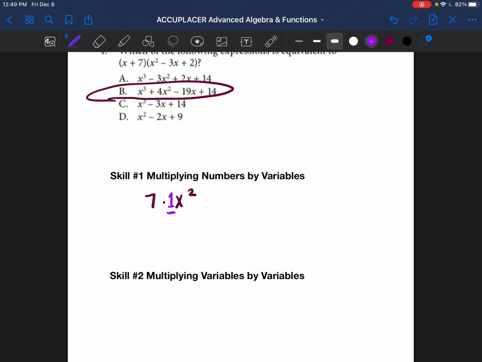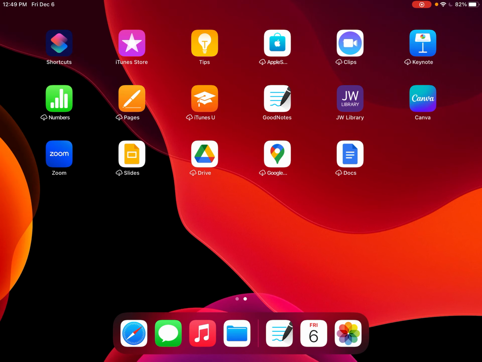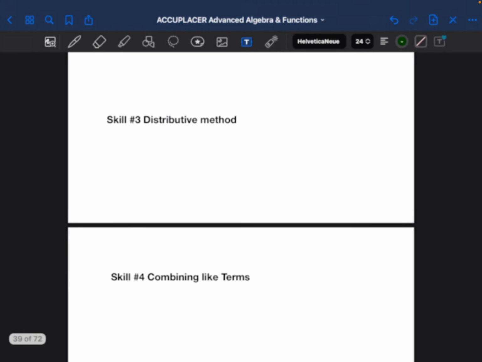Okay, now that we have the 1 there, all you have to do is multiply the numbers against each other. So you would do 7 times 1, which is 7. Okay, then you multiply the variables against each other. Since there is no variable to multiply against each other, the answer is, since there are no numbers,